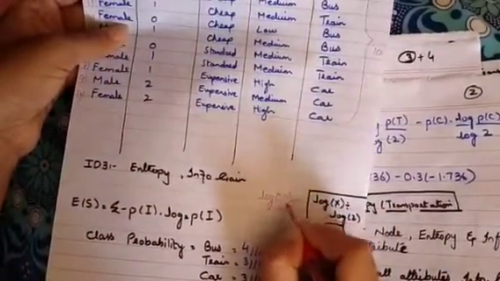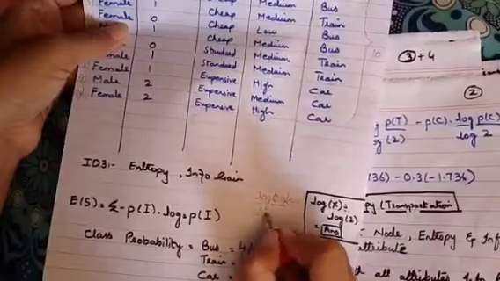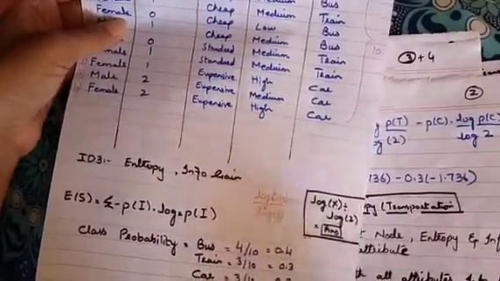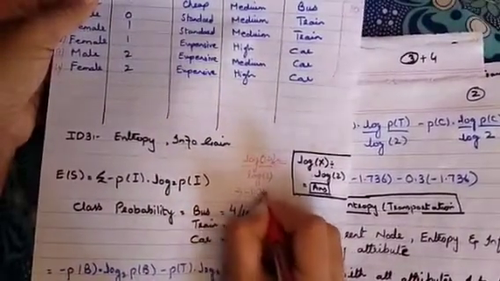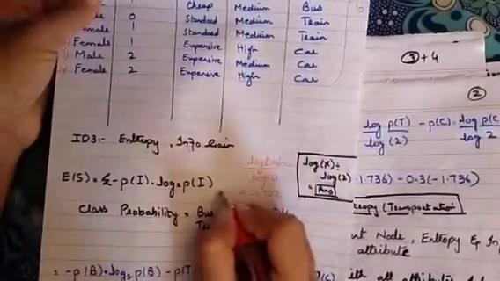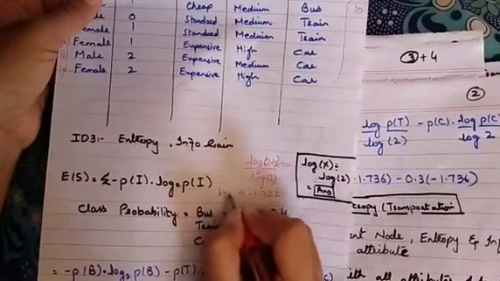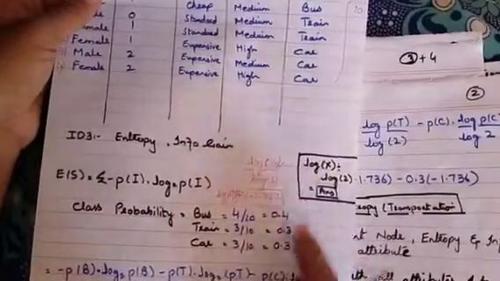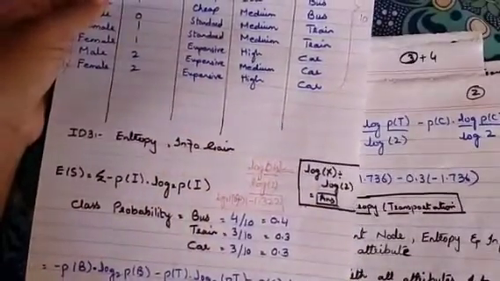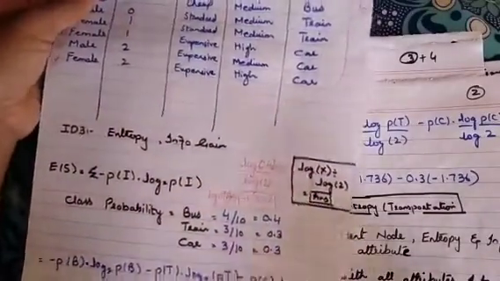Log of 0.4, and then we have to divide it with log of 2 and we will get the answer. So if we divide, we will get the output of -1.322 for log of 2 of probability of bus. So this is how we will be calculating the log of 2 for each and every label that is given.